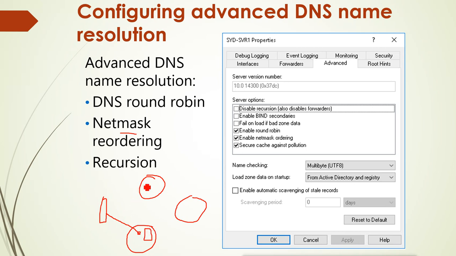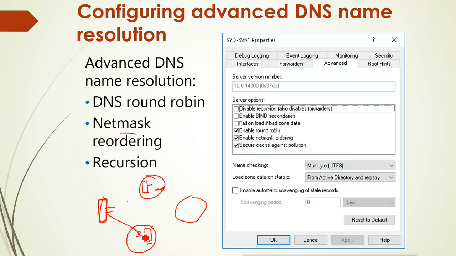That means if we have multiple servers in different subnets, let's say we have a server in this subnet and this subnet also, but in this subnet we don't have that web server, so we can create the different records here. We can create the records for all those networks, like the web server IP of this subnet and its name under the DNS server, and this subnet's IP and name of the web server will be created here. The name will be the same, but the IP addresses are from different subnets. Now the client from this subnet asks for the web server with the same name, so it will not get the reply of this server, this subnet's IP.